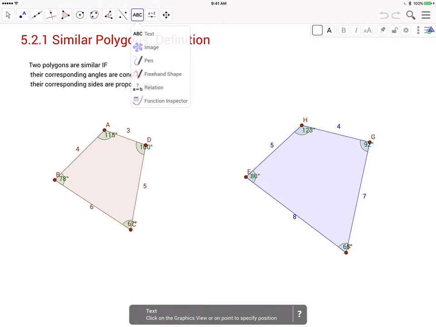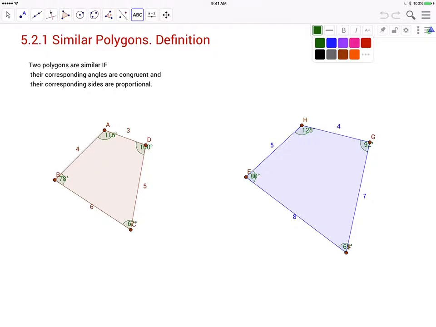And we're going to start out with just polygons. We will later focus mostly on triangles, but for now let's start with polygons. And here's the definition. Two polygons are similar if two things have to be true. Their corresponding angles are congruent and their corresponding sides are proportional. So now it's a little bit more obvious why we needed to talk about ratios and proportions before we got into similar